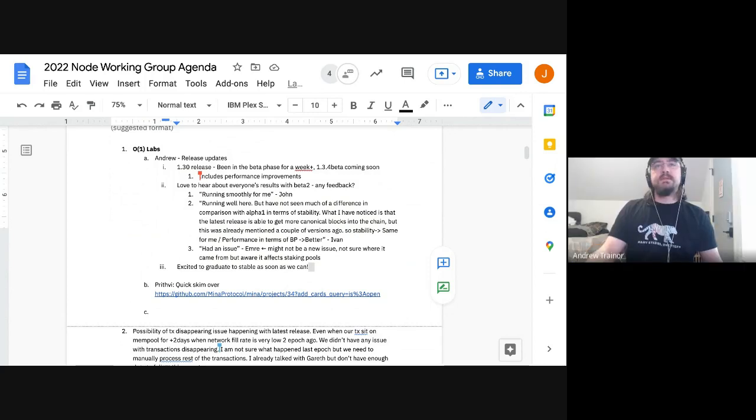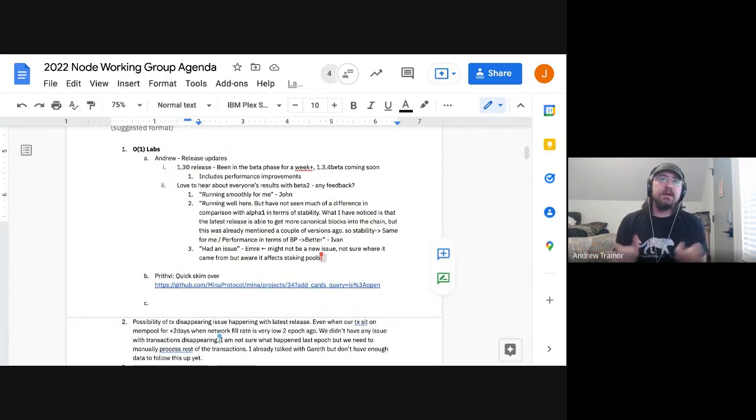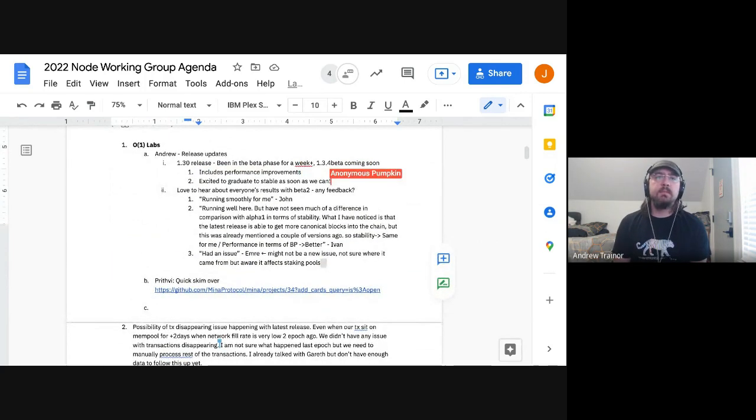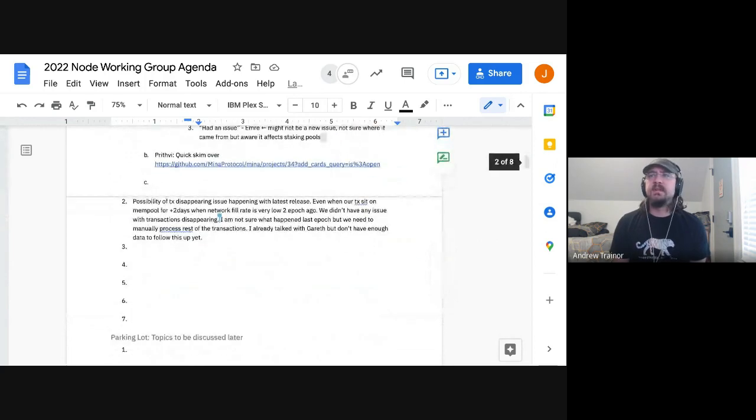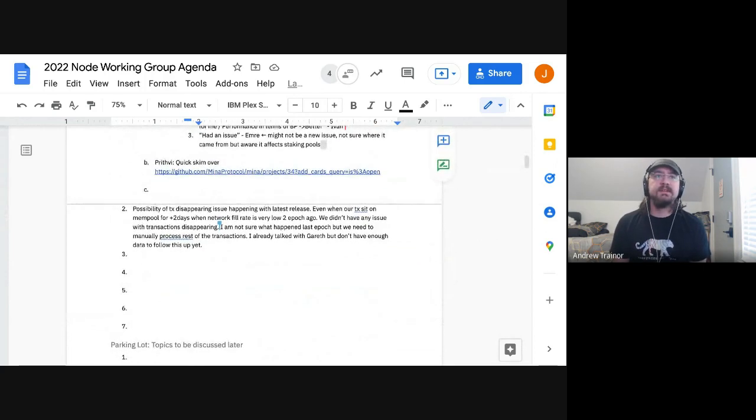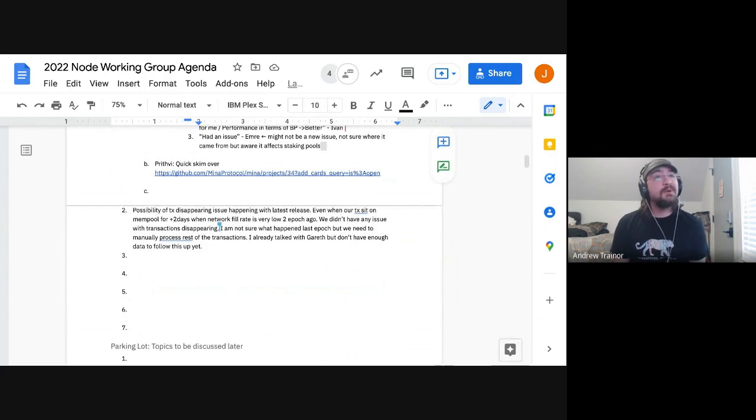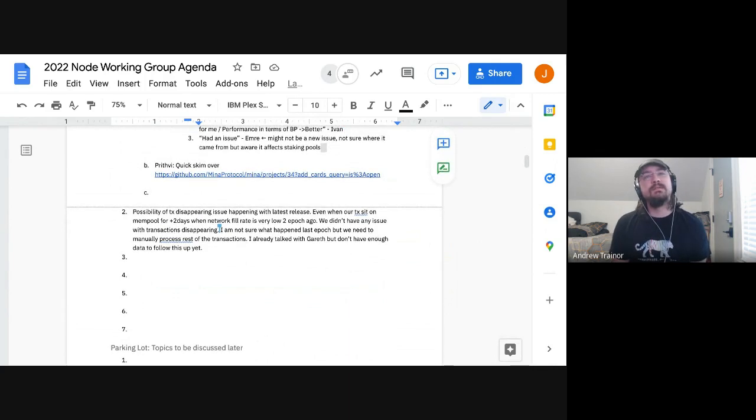That's good news. Part of the problem we were running into with Alpha 1 and that era of releases, 1.2.2 had some of the same problems, is that we had bugs where the node was appearing stable, but was actually further behind the pack than your block producer needs to be in order to be profitable and successfully produce blocks.